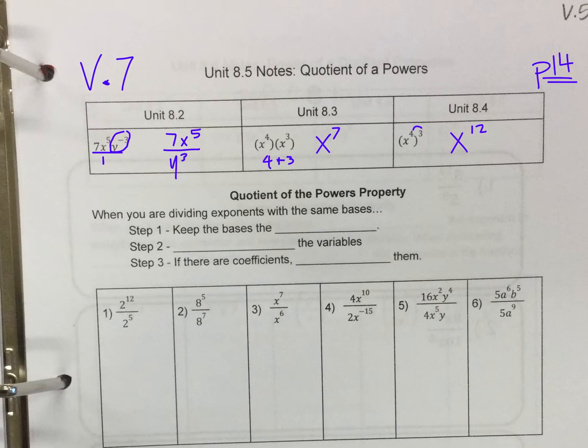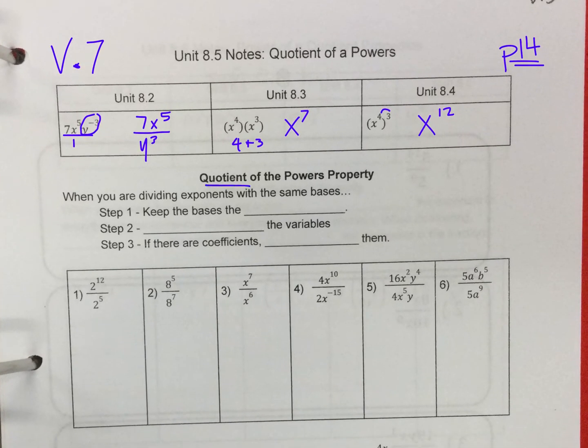Today, we're going to work with quotients, which means division. When you are dividing exponents with the same bases, keep the bases the same, subtract the exponents, and if there are coefficients, we need to divide them. This should say subtract exponents. I don't know why it said variables. Okay, so